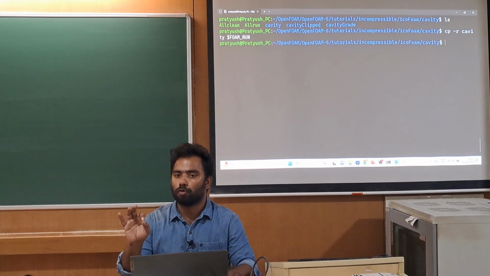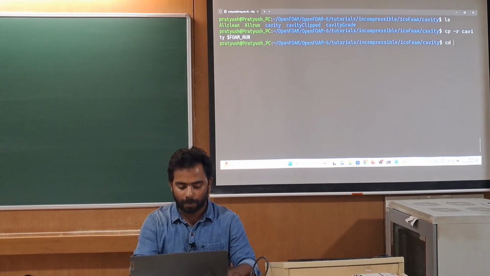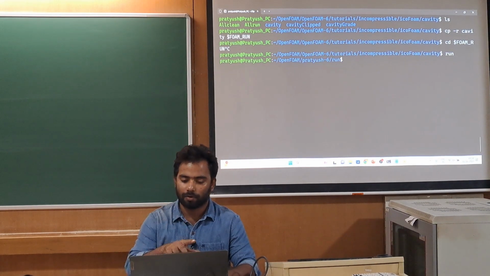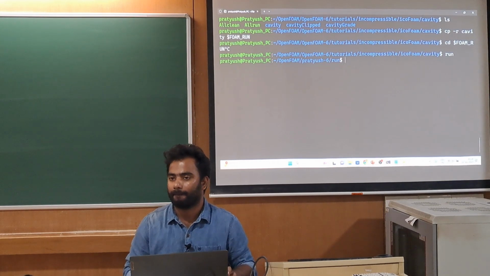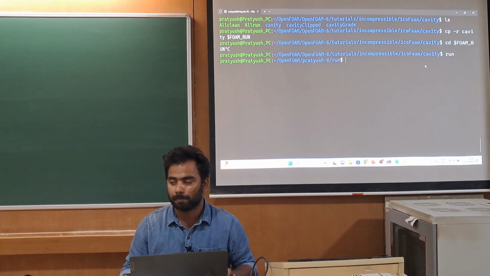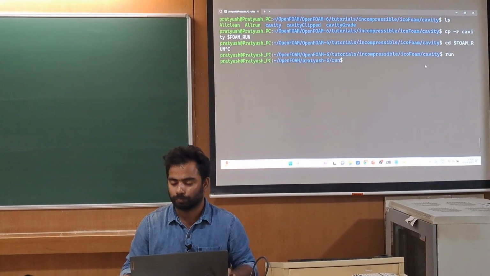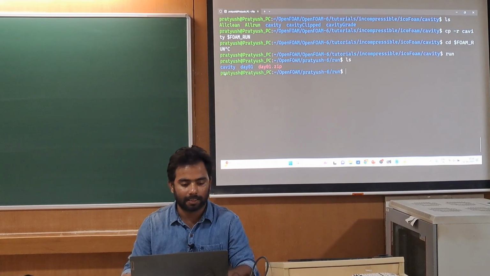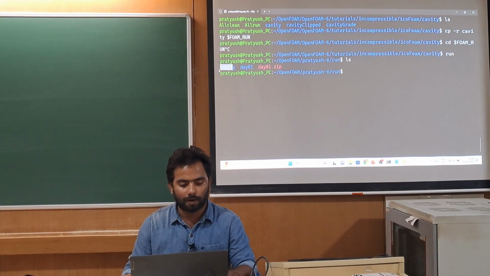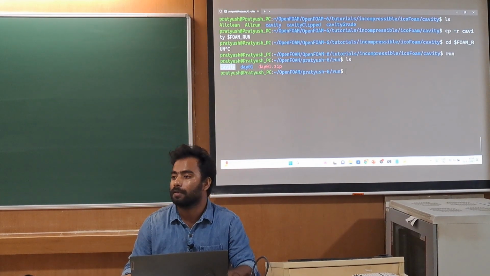Now if you want to go to your run folder, you can either go by typing foam run, or just type run. You can directly go to the run folder. You can either type cd foam run, or you can type this run command. Now if you ls, you can see that there is one cavity folder that we have copied from the icoFoam cavity folder to our run folder. That folder you can see here.